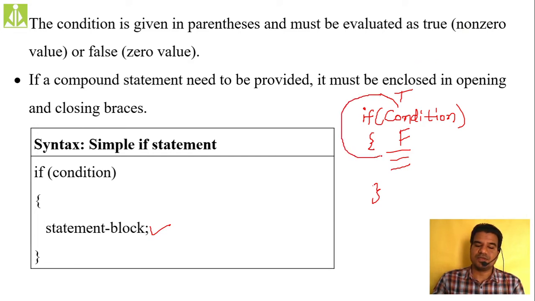So this statement block gets evaluated whenever my condition is true, and whenever the condition is false, it is not having anything to do. Whenever the condition is false, what will happen? It will just skip this block. Skipping of this block will be done. Nothing else it will do. It will simply skip this block.